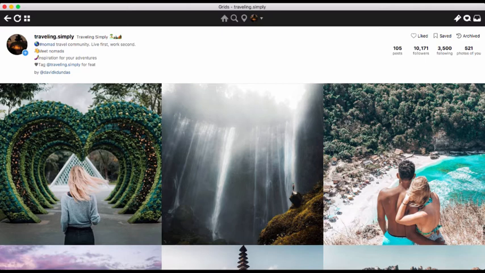The fourth one is, I think, the biggest reason of all. A repost account can, if you do it right, actually become an asset. When you build a repost account, because it grows faster, because you have a general audience, because it's not directly tied to your brand, there are people who will want to pay you to make a post for them. They might ask for a shout out. They might ask you to share their story. They might want you to do an advertisement in your feed. And that might not necessarily be right for your brand, but it would be right for your repost account.